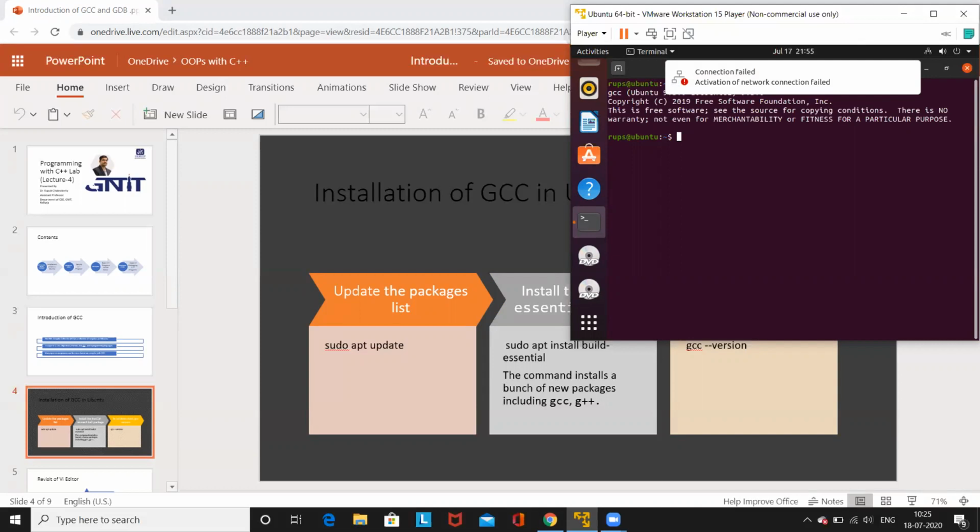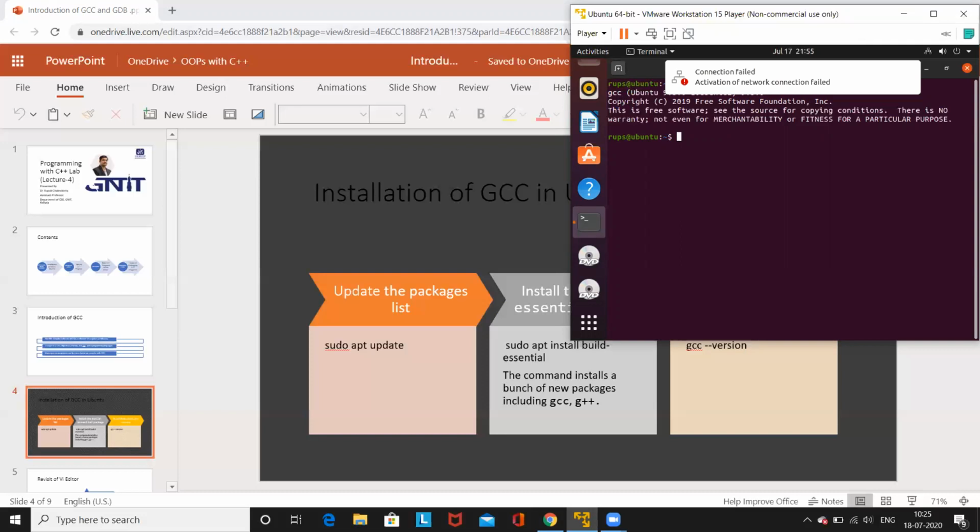First, update Ubuntu. Then check the essential packages required for the GCC or G++ compiler with the build-essential command. Then check the version with gcc --version. After successful installation of GCC, the platform is all set to see how C++ code can be compiled as well as executed.